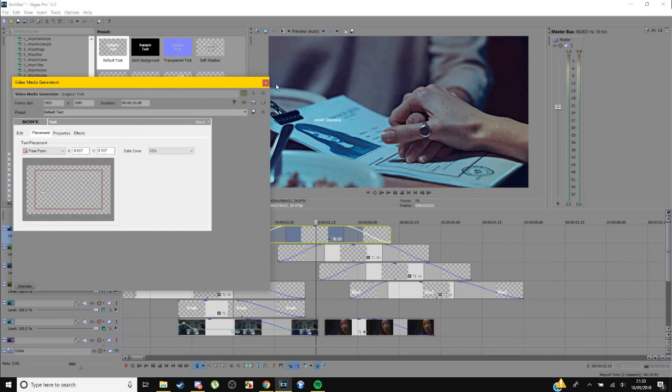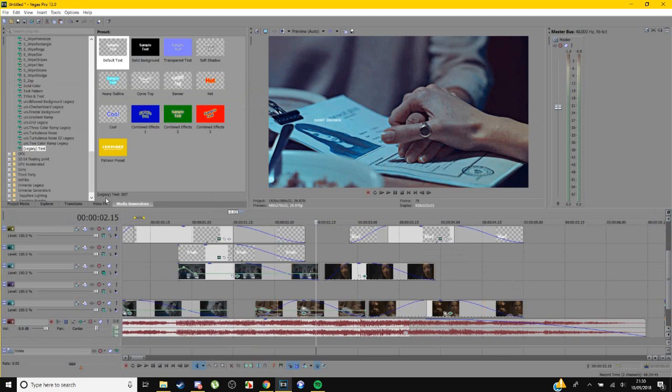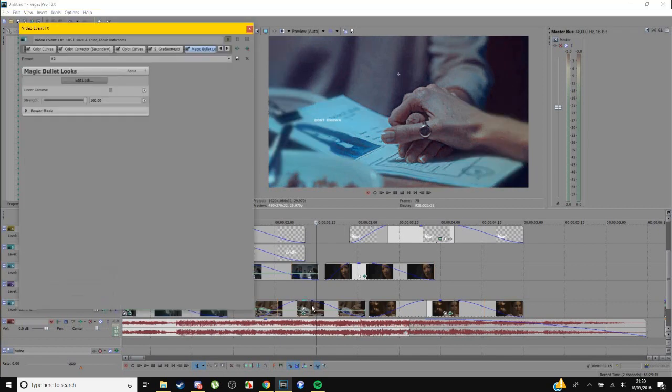Okay, so it's quite tiny, and you can see that the background here, I don't know, it's kind of like, it doesn't make your text pop. So if you want to make your text pop more, I do suggest doing like edgy blurs, stuff like that. I'm gonna use Magic Bullet Looks for this one. And we'll see, I think number 2 would work. And just see how that, yeah, okay. So if I just go to edit look,